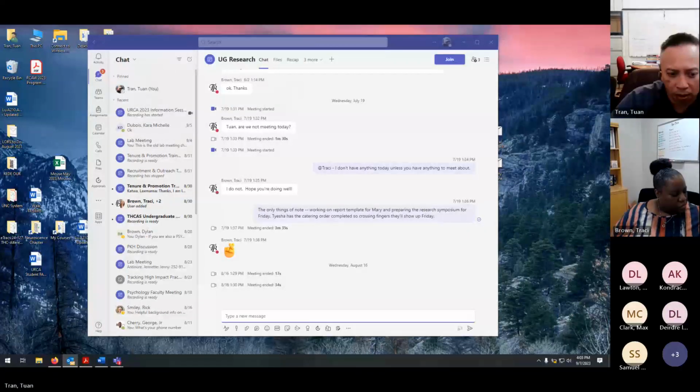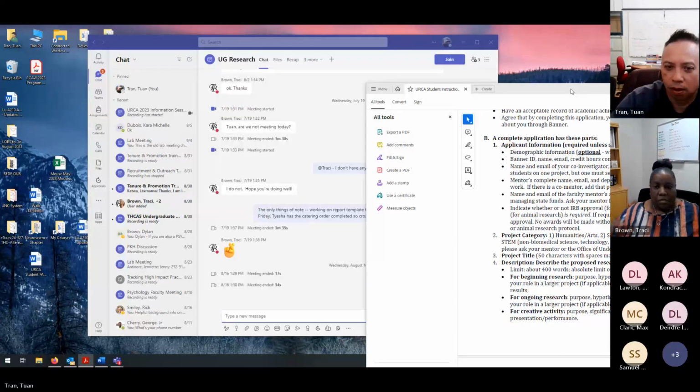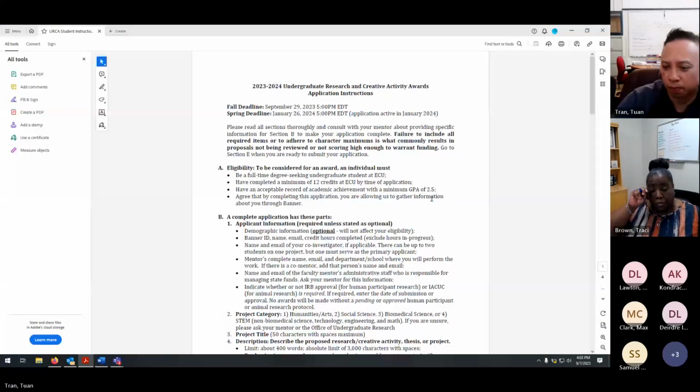I'm just going to go ahead and share my screen to pull up the application itself and the instructions for the students, and maybe that will prompt some questions or distill some thoughts. And if you need to type it out, please go ahead and type it out as well. We'll try to satisfy everybody in the crowd.